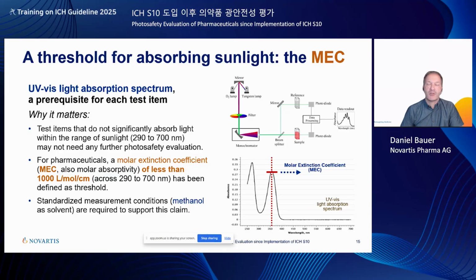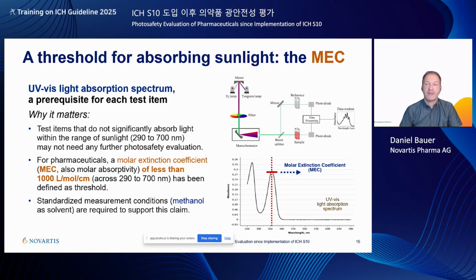So what you measure is the UV-vis spectrum in sunlight range, which is 290 to 700 nanometers. That's the definition actually. You could define sunlight slightly differently, but this is the definition ICH S10 is using. So you see very often this 290 to 700 nanometers. And the highest value in this range, whether it's a peak or whether it's the lower end cutoff at 290 nanometers, the highest value in this range will be used